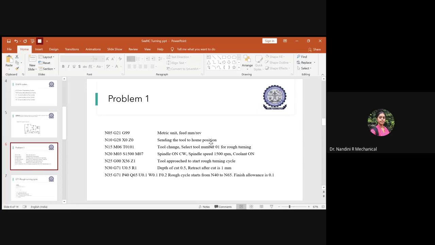Once this is done, you have to go for the next sequence number. The next sequence number is nothing but N15. Since it is N10, next you will write N15. Once the tool is at home position, you have to change the tool. For rough turning, usually we go with tool 1. If you have written T01 and 01, it shows that you have selected tool 1 with an offset number